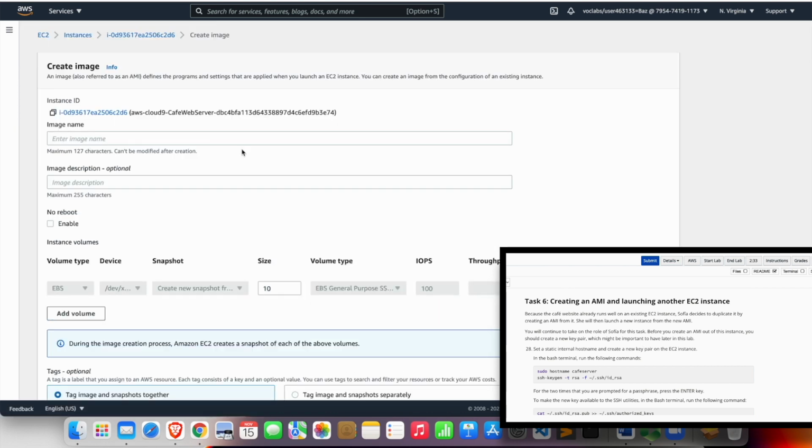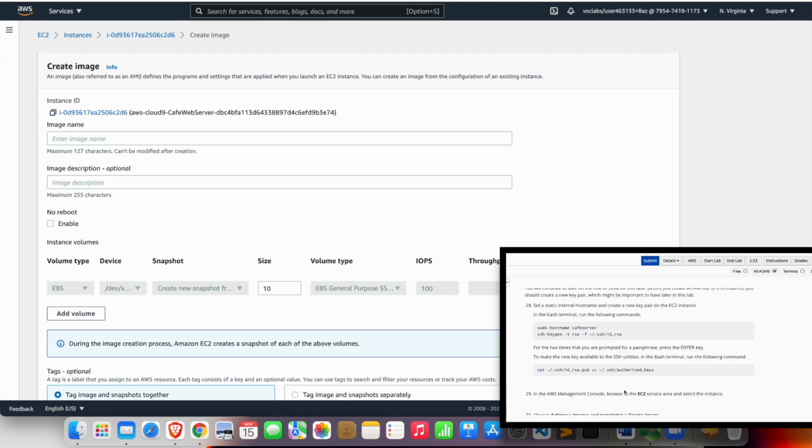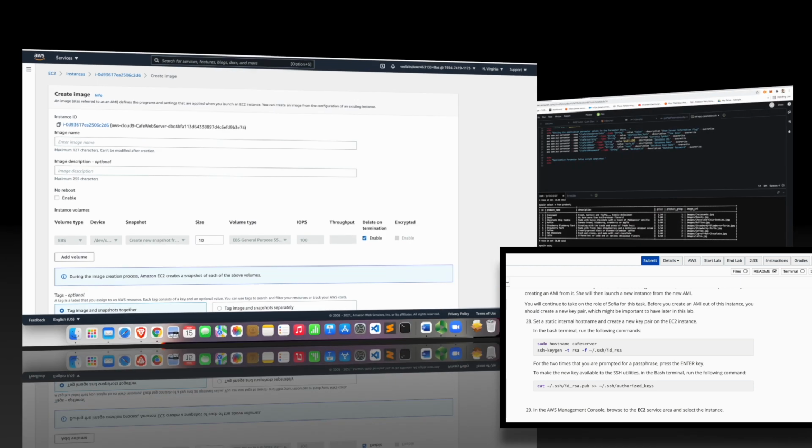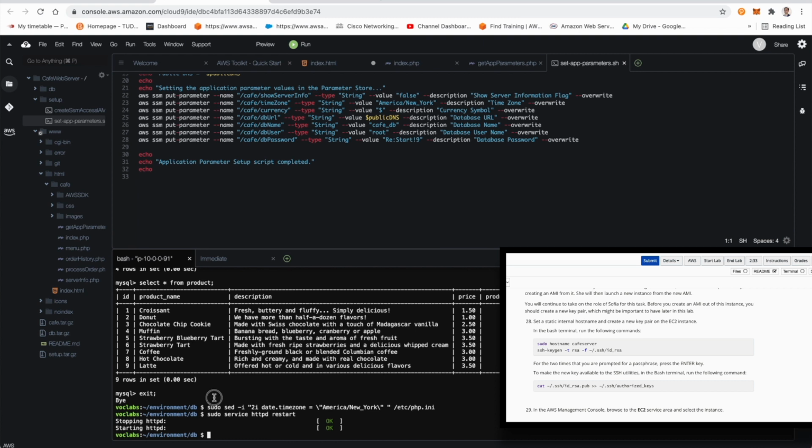So we are going to go to the EC2, and from the EC2, we are going to create an AMI. And now the name, did they ask us for a specific name? Do a few things in step 28 before we rush to create the AMI. Just 1 second. We go to step number 28 and we set the host name